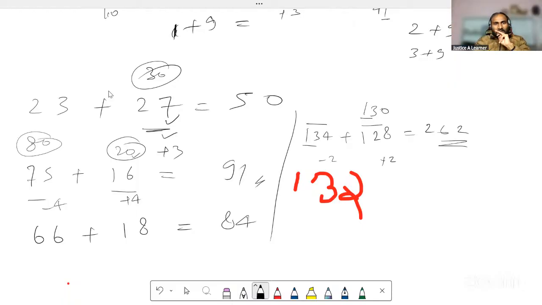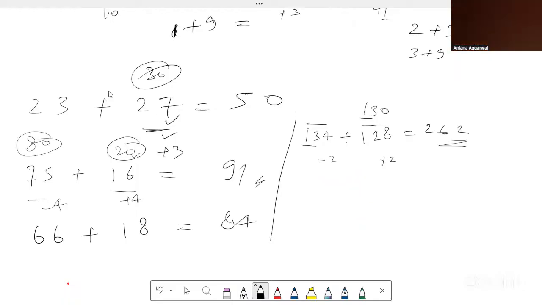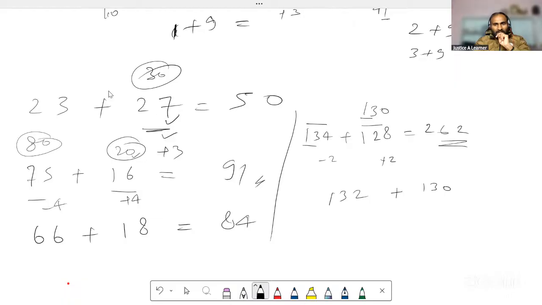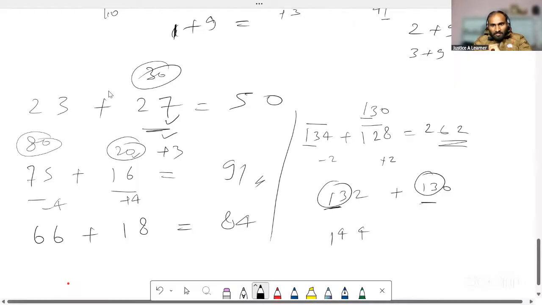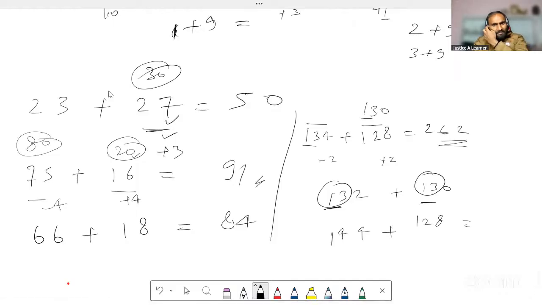But this is how we can do it, because on this side we have 32 and on this side we have 30. So I simply grab this number. I know the table of 13, 162. Yeah, I can do that. So that's how it becomes possible. But if this is not the case, for example, if it would have been this number, then what would I have done? I cannot do that.